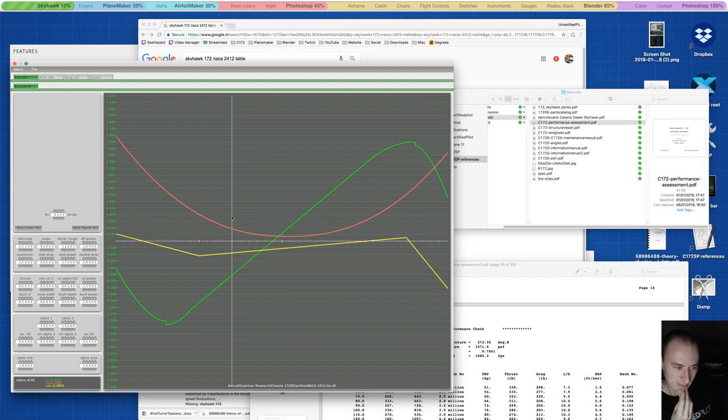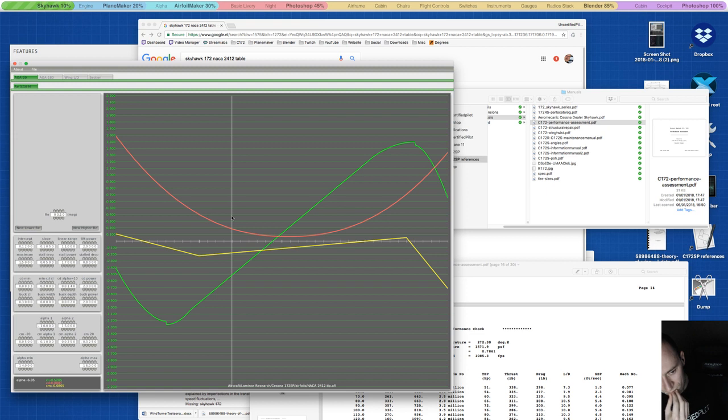Like, what does the aspect ratio of a wing, how does that affect the stall speed? Yeah. So it also becomes quite an intuitive understanding of what aerodynamics actually are, rather than just plain numbers. Obviously. Yeah. So you can go, oh okay, well, if I have a higher aspect ratio wing, because here's the